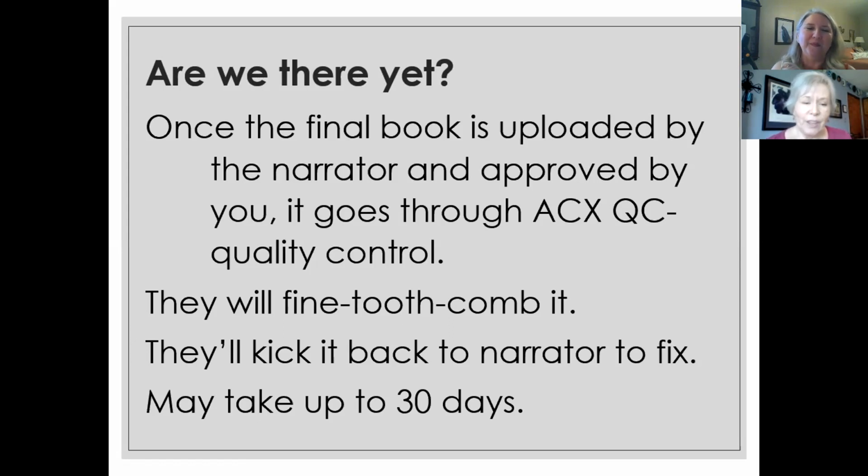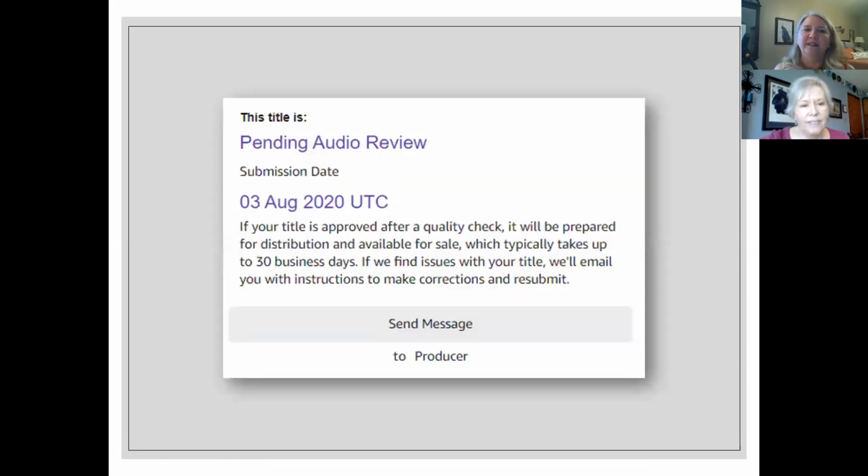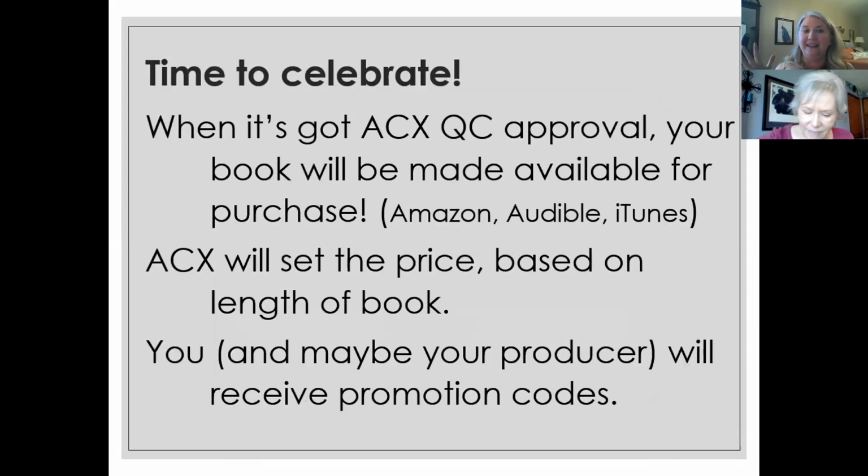Really do. Yeah. Because it's just like your book. You don't want to put out a book that could have been written by a 4th grader. You want your book to be as perfect as it can be. And so they're going to do that. Then you're going to get a notice that says, hey, it's approved. If they kick anything back, they're going to kick it to the producer first if it's something they can fix, and then they'll let you know when it's sent back, and they say,